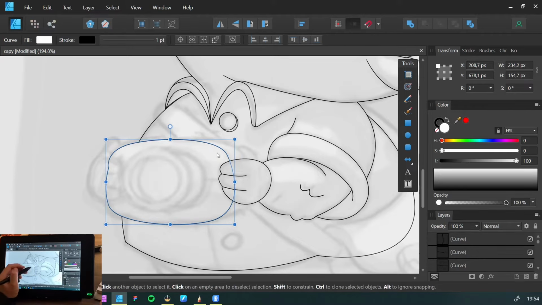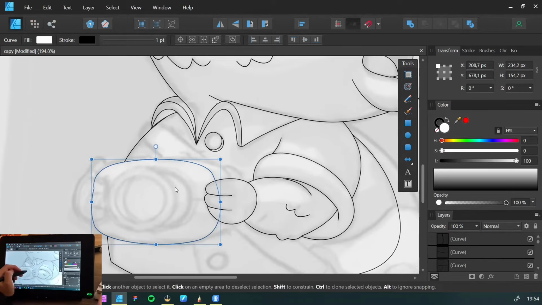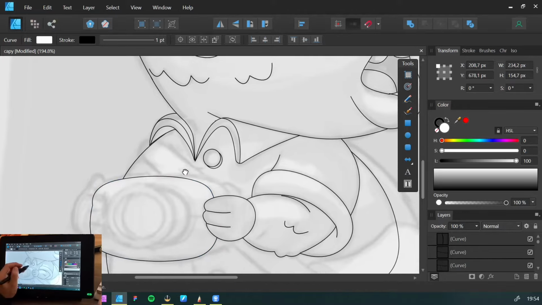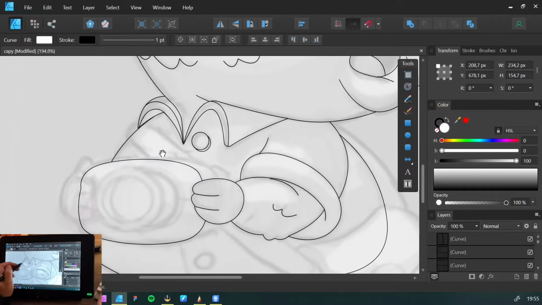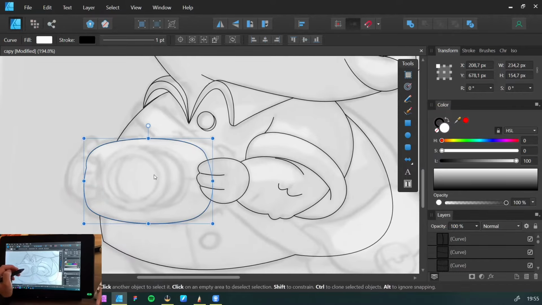See how long it takes to send it to back now, because we have so many objects here. Every time you press the send to back shortcut, it's gonna go behind one object. I mean, we have so many now. So instead of doing that,